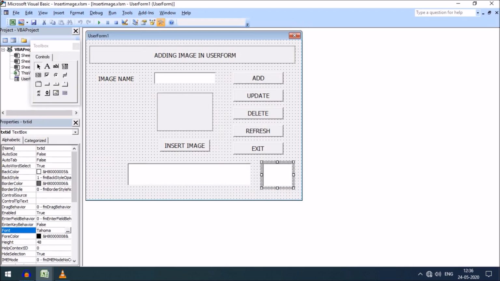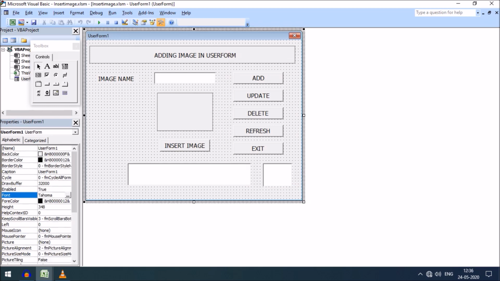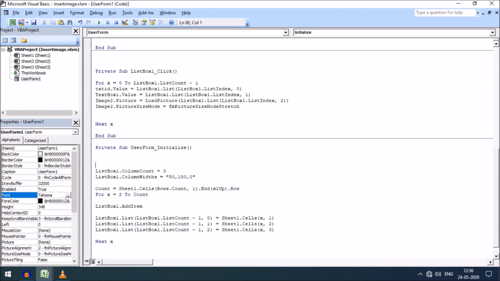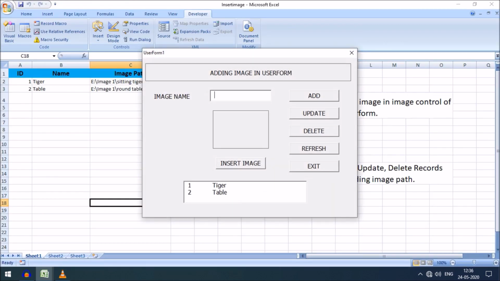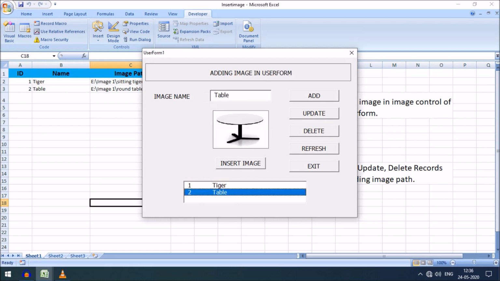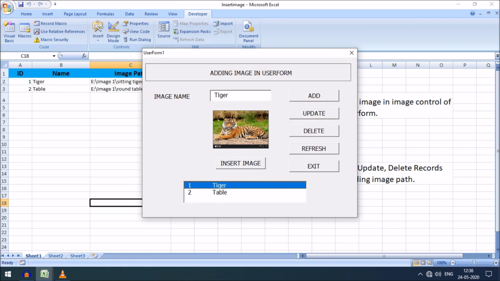So friends, we can disable the visible property in the initialize section, so that it cannot be seen. That's why the form will look better. So going to the initialize section, if I type txtID.Visible equal to false, then you can see it will not be visible. If you click here, the corresponding image will be displayed here. Here is the ID, but it is not visible, but this ID will be required for updating or searching the image for